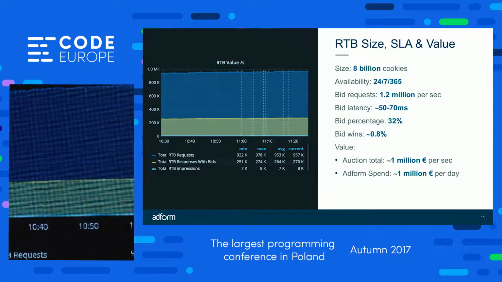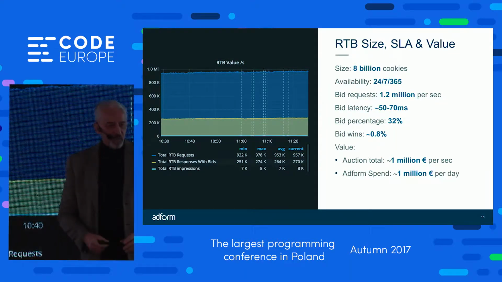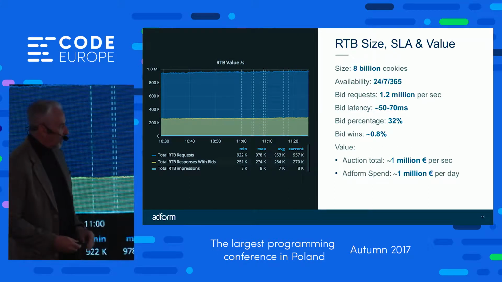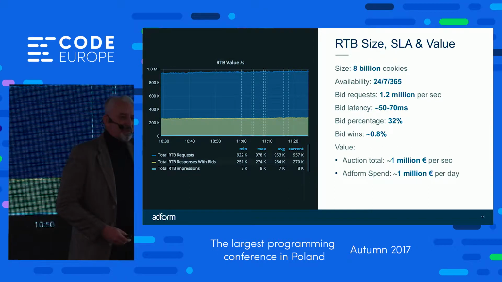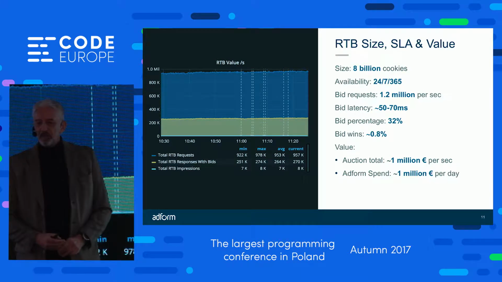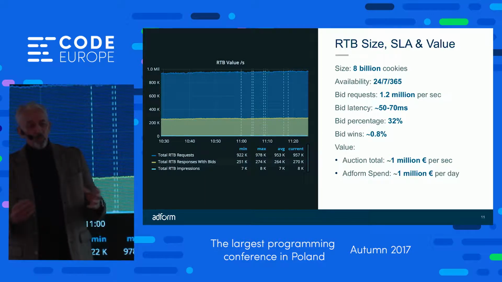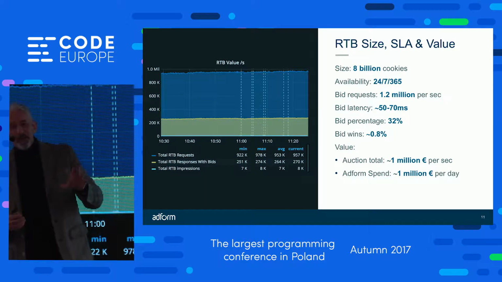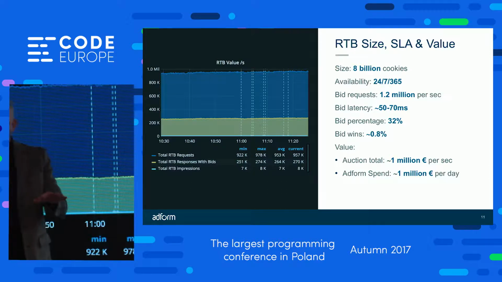So I said the bid latency, we've got 50 to 70 milliseconds to make a decision on. We bid only on about 30% of the requests that we get. We don't care about the other 70%. So the way we do this is we have a smart filter. And by the way, the smart filter was worked on by our engineers exactly here in Warsaw. They have an Nginx plugin that they take input from data scientists and they built it. So we can filter out the 70% of bid requests we don't care about, so we can take more traffic.